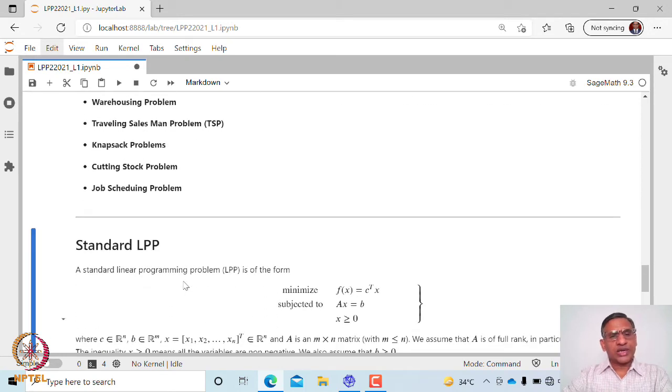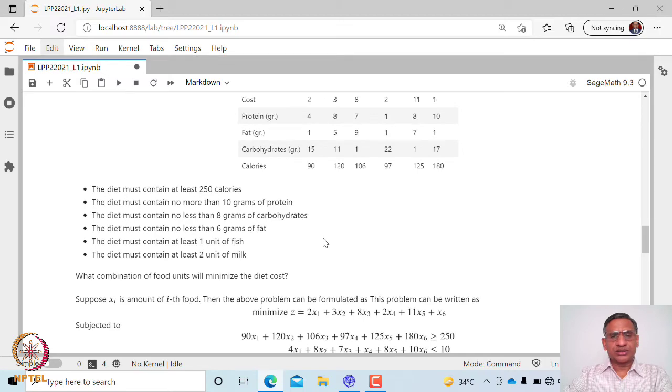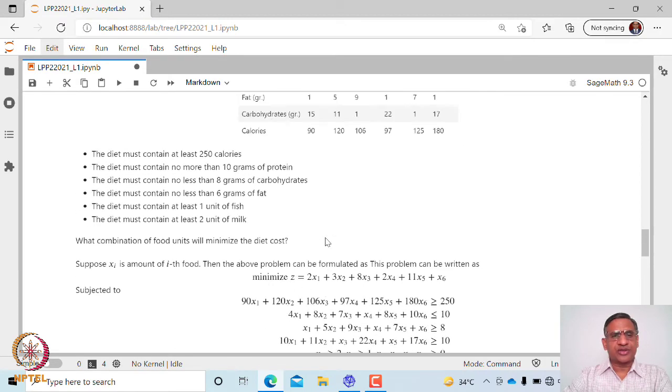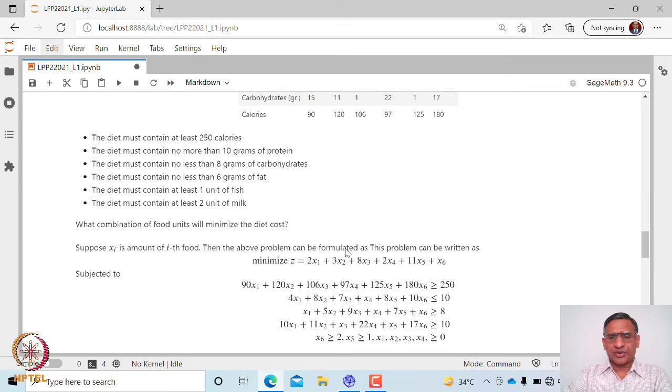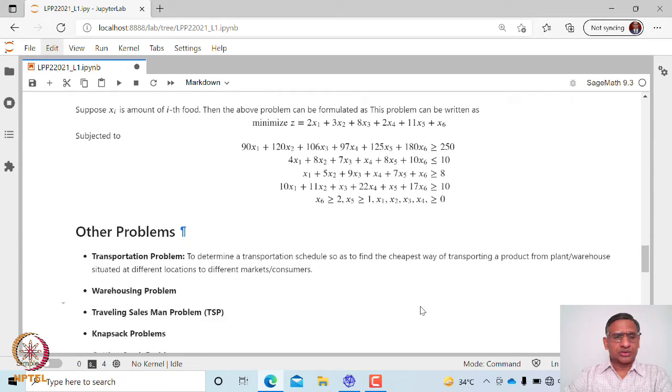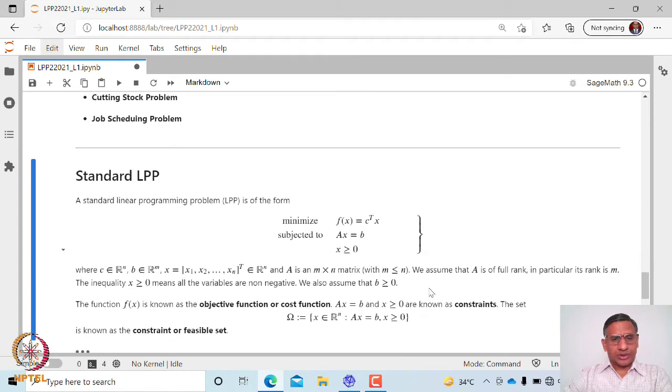Next, let us look at this. We have already seen several linear programming problems. Some of them were minimization type, some of them were maximization type, some involved constraints that are greater than or equal to, some constraints that are less than or equal to. You can also have some equality constraints. So what we will be looking at is a linear programming problem in standard form, and that will be of minimization type,